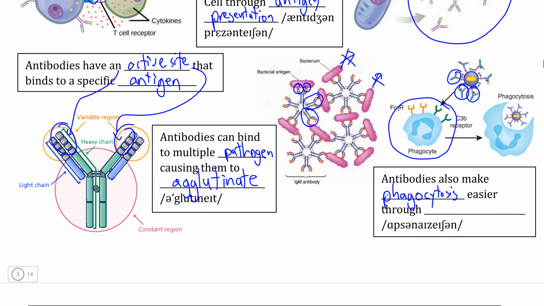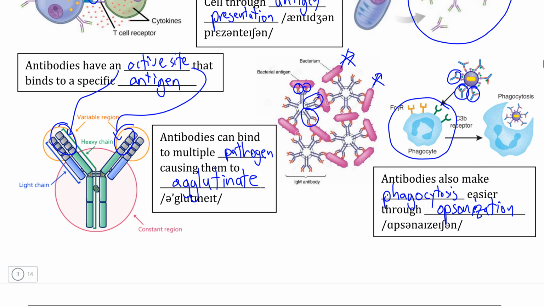So this process of antibodies flagging a pathogen and basically alerting all of the white blood cells that can destroy it more easily, this process is what we call opsonization,